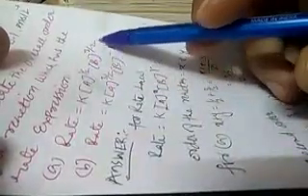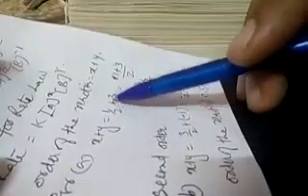So for the first case, if we look at this, x is equal to 1/2 and y is equal to 3/2. So we just put the values: x plus y is equal to 1/2 plus 3/2, that is ultimately 4/2, that is 2. So here the reaction is second order.